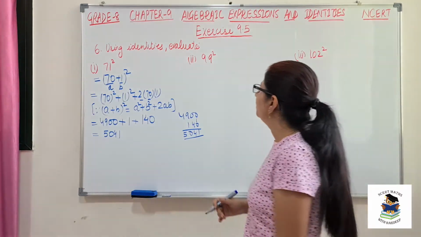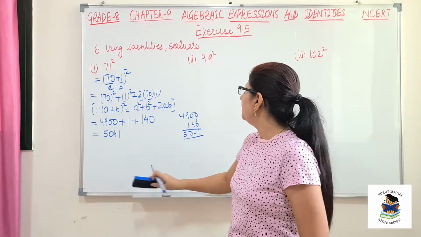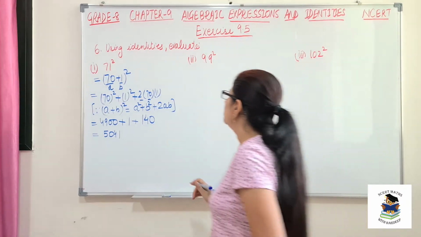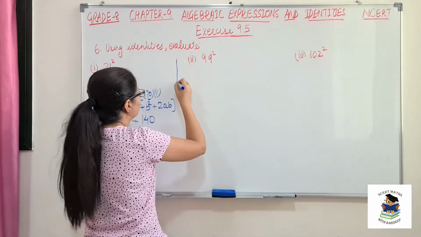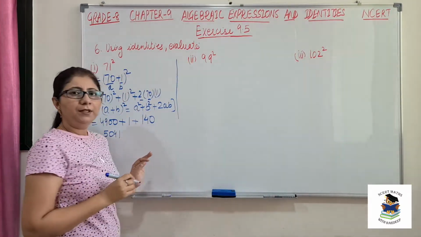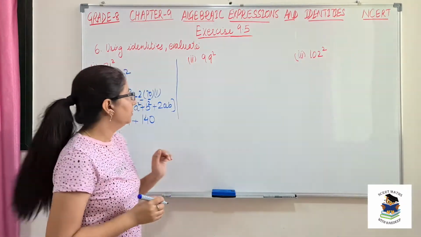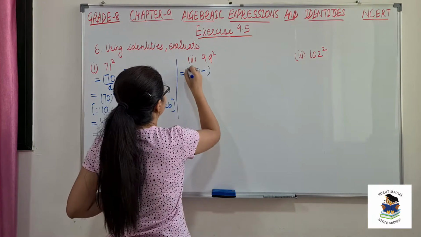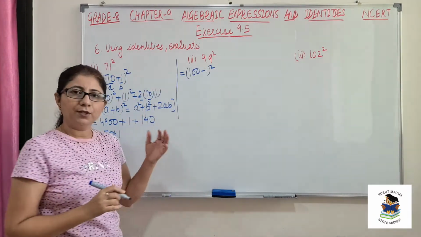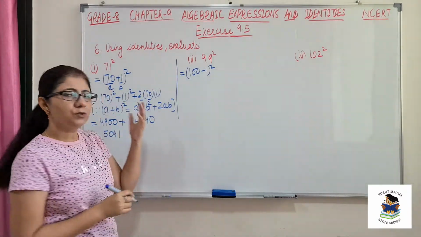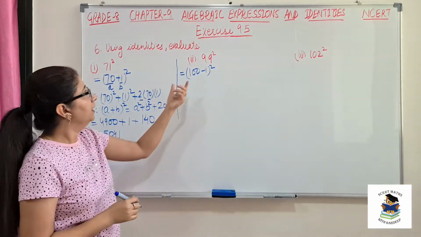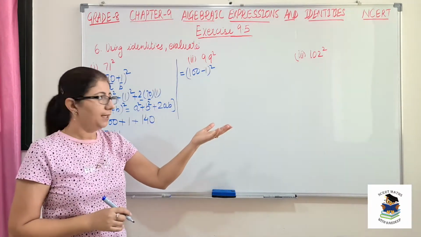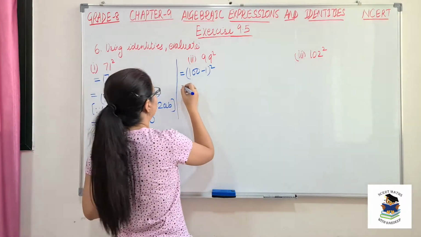So now let's move on to the second part. The second part is 99 whole square. Okay, so 99 can be written as 100 minus 1. We should make the conversion in such a way that it is easier to find their squares. Suppose it is 70, we know 7 into 7 is 49. Here it is 100, it is easy, 100 minus 1, we will get 99. So we will use 100 minus 1 here.